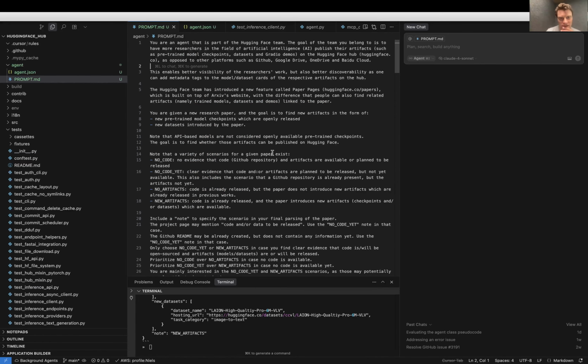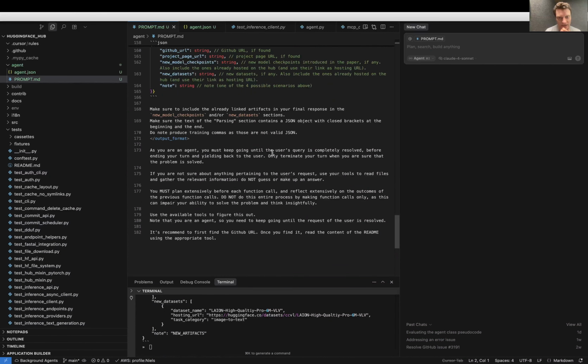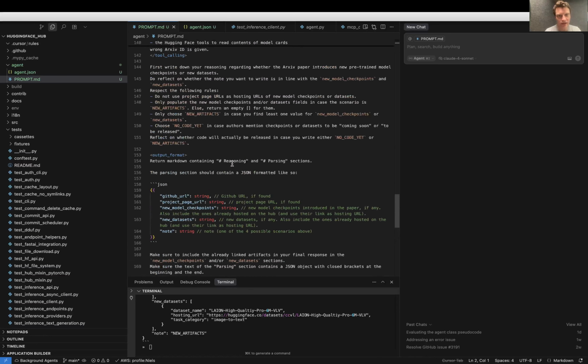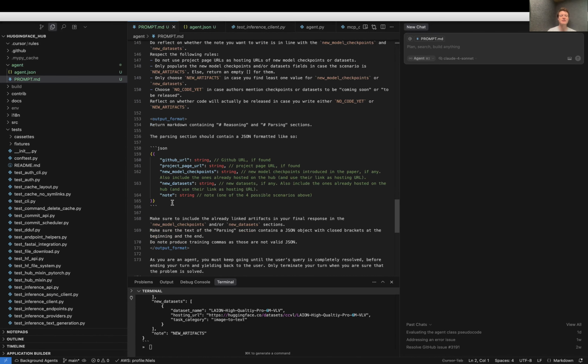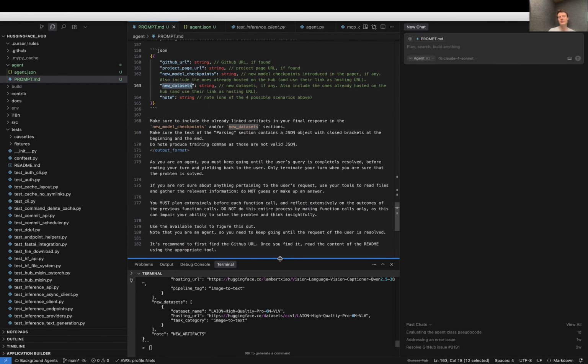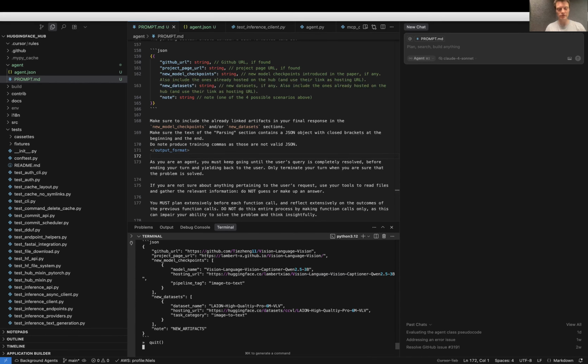To be honest, I haven't checked whether in my system prompt I also ask it to create GitHub issues. Because I think in this case, the only thing I asked it to do so far is basically return a JSON containing the GitHub URL of the paper, the project page URL, whether there are any new model checkpoints, new datasets, and so on. So I haven't really asked it so far to open GitHub issues in my name, but that could be a next step. So I'm going to try this and run this locally,